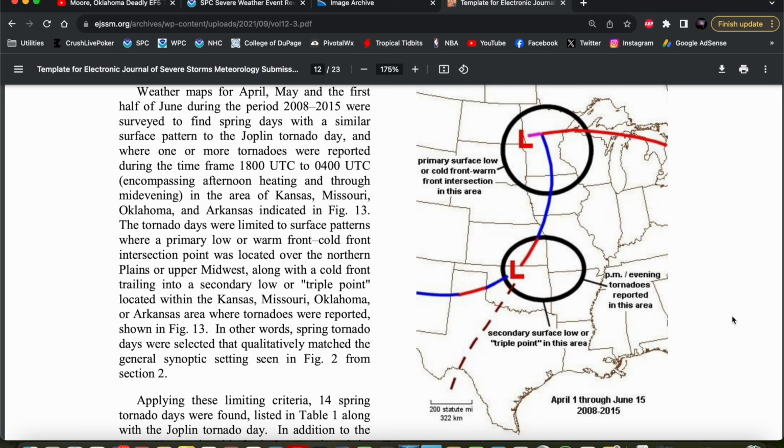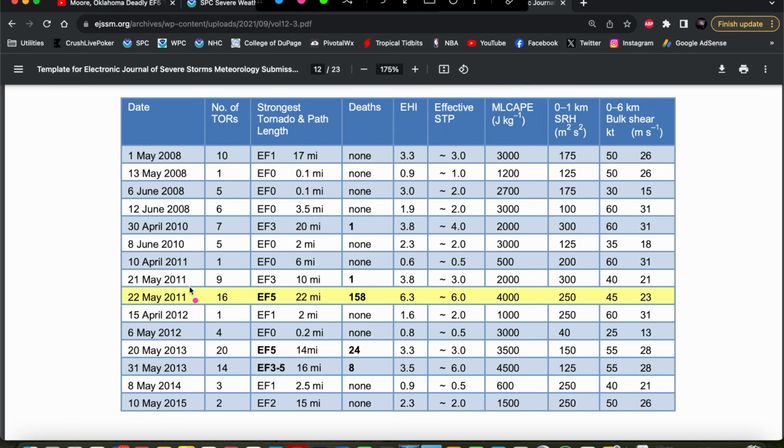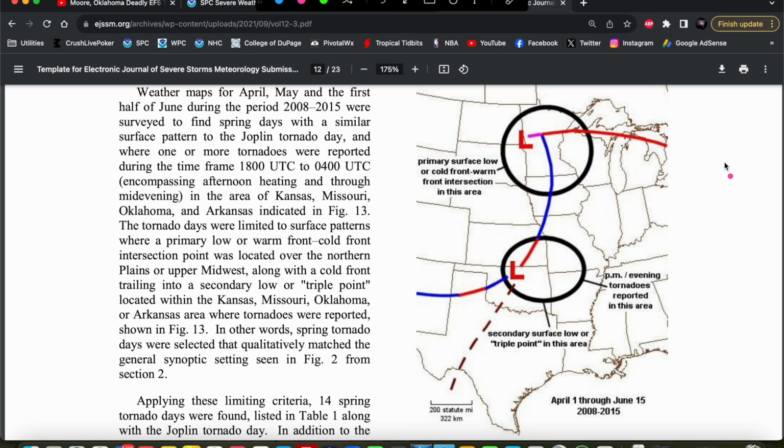If we go to his figure 13, which you see on the right here, we see a schematic diagram of this setup, which he found to be fairly common and often associated with significant severe weather events in the southern plains, including the Joplin event and the El Reno tornado on May 31st, 2013, which you see in his table 1 here. Basically, you have your primary surface low situated off to the north across the northern plains, a cold